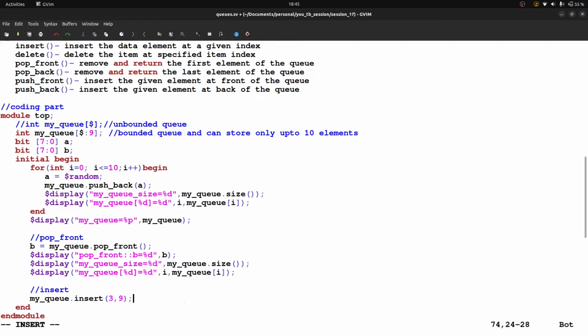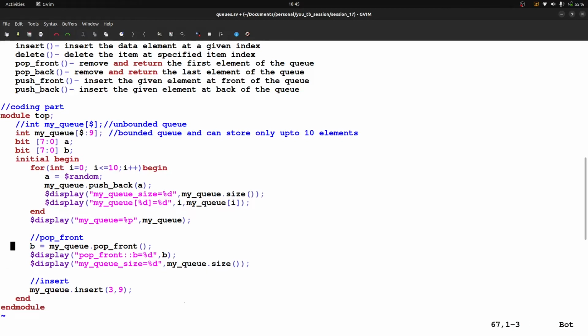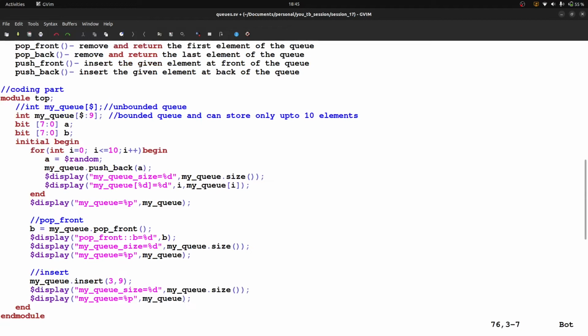After that I can print the size of the queue. We can check the size and also print the whole queue after performing the insertion operation.